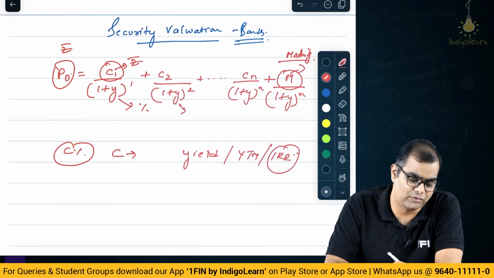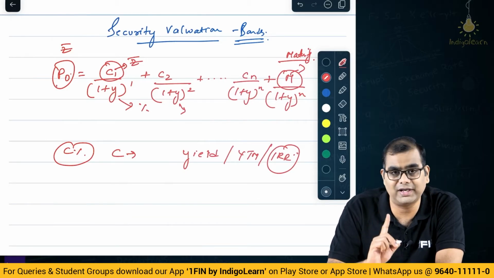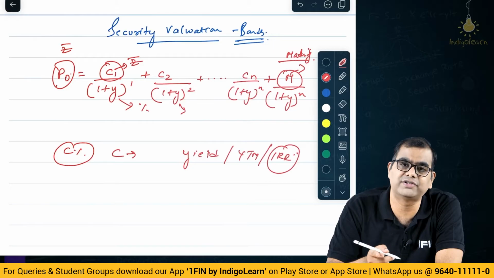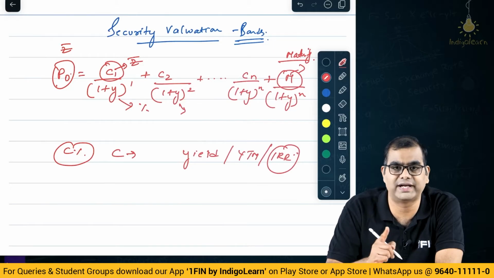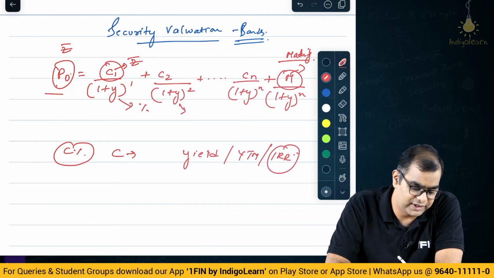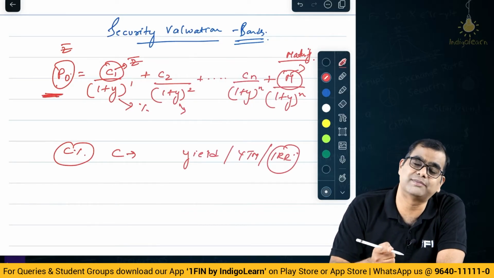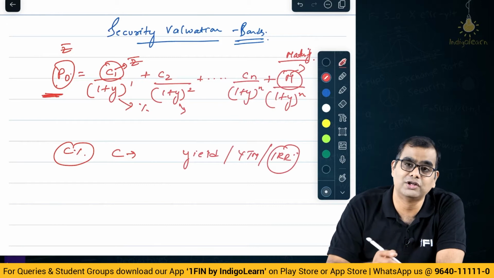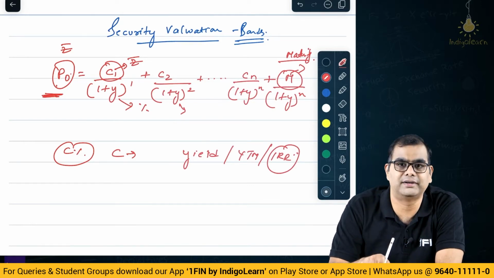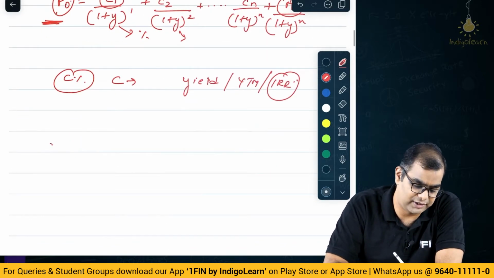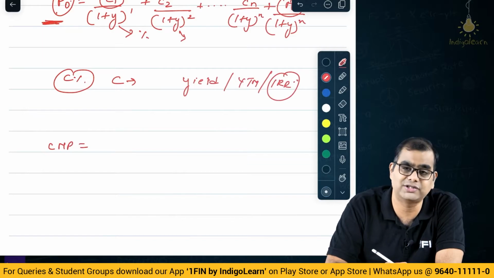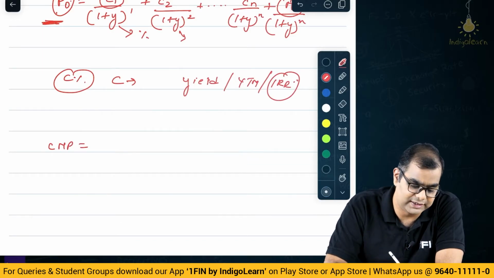If this is the IRR, what is the price? See, the typical IRR formula is: IRR is the rate at which the present value of all cash inflows and cash outflows match each other. Present values match. But here we are saying something called a price. So price is something that is quoted in the market. So taking the market price, if you know the current market price, then